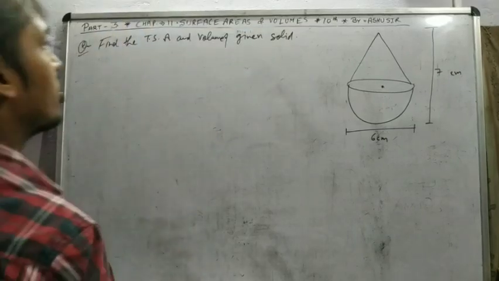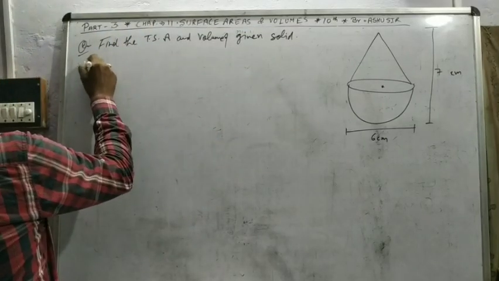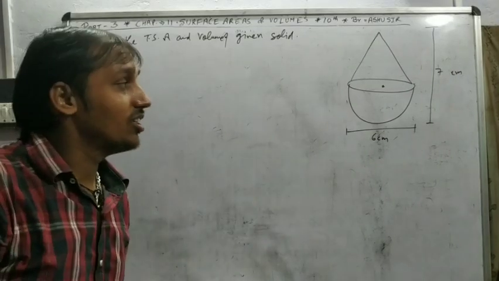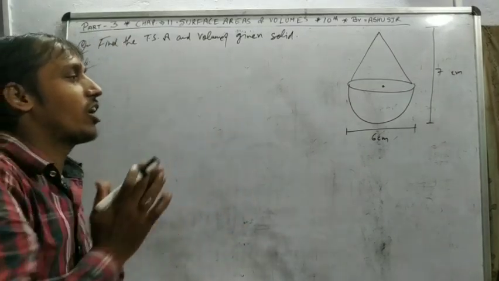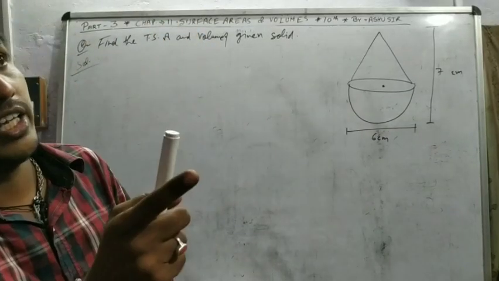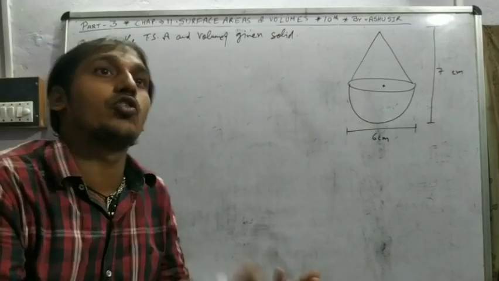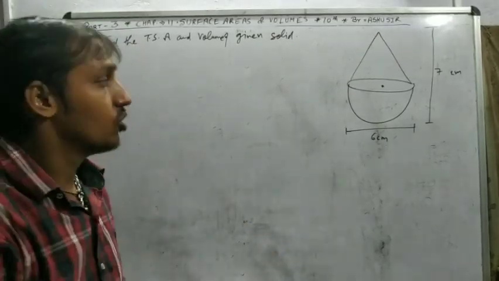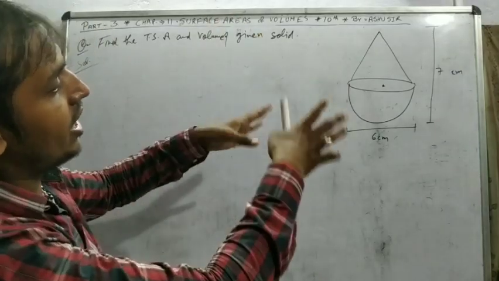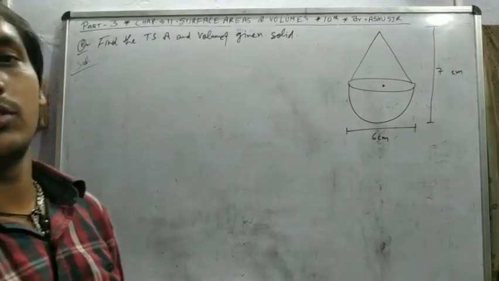One more basic question of class 9th. I hope you have to see the figure, and before I write the question, you have to set your mind. First question cuboid, second question sphere, third question cylinder, fourth question hemisphere or cone. So we have to take the combined question. Cone and sphere, hemisphere is combined.